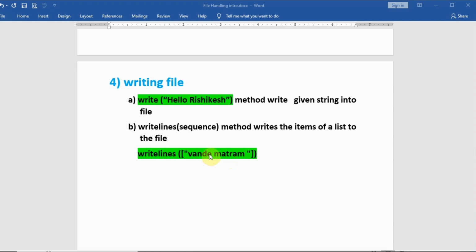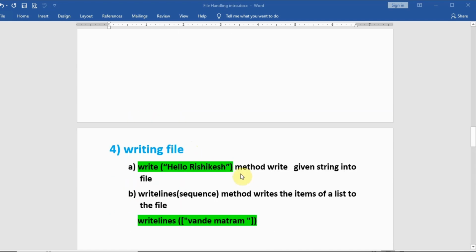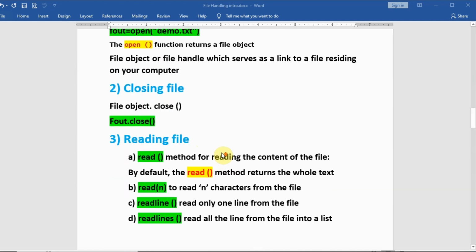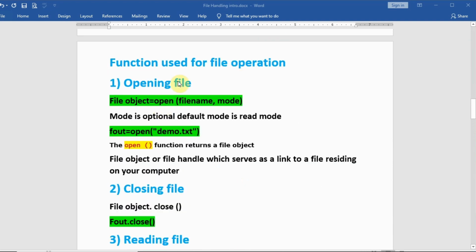Like here we will provide a list to this writelines function, and it will write the whole list into the file. Now let's understand the working of all these functions using the program.